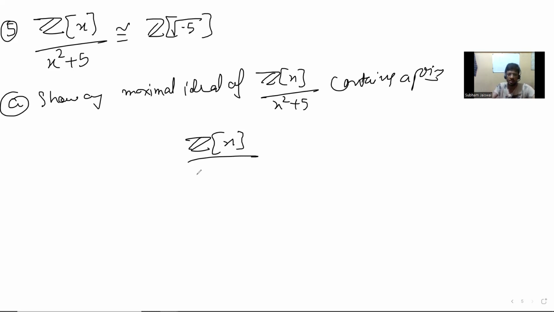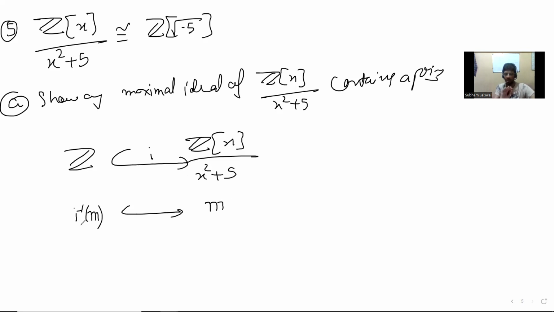And so the natural idea that comes from there is to consider this inclusion, which is also obviously a ring homomorphism. But then it's very interesting, because let's call this I. Now, if there is a maximal ideal here, and maybe just some abuse of notation, I'm just going to write this thing.